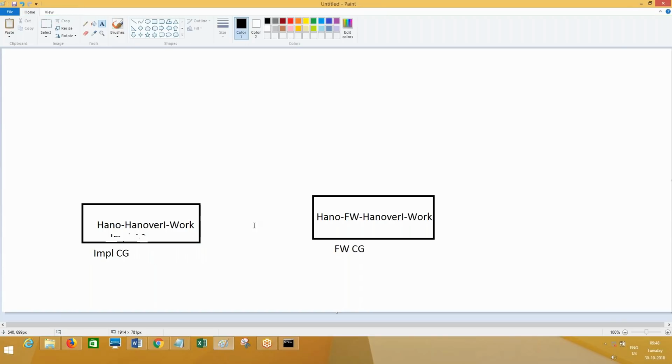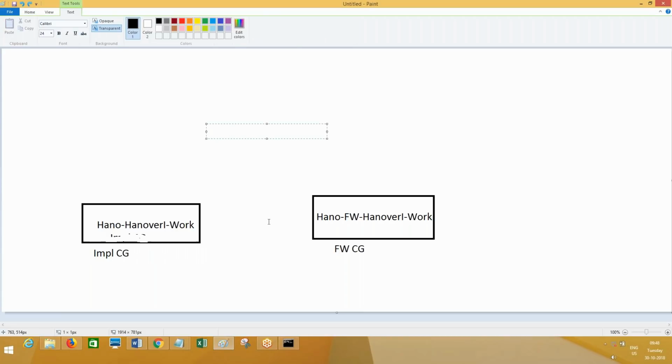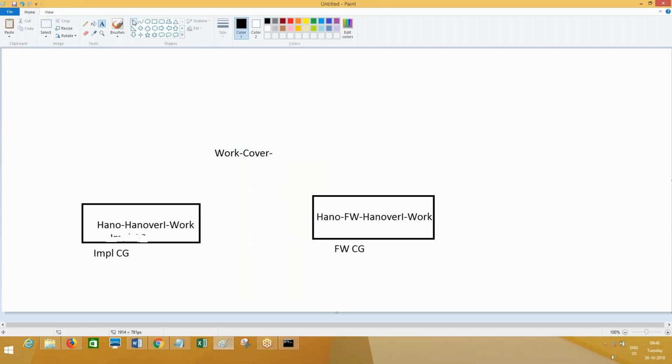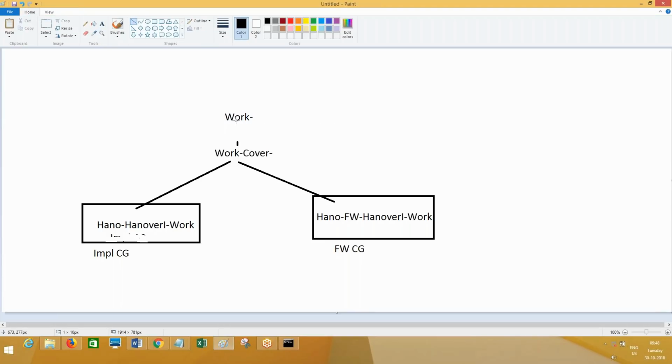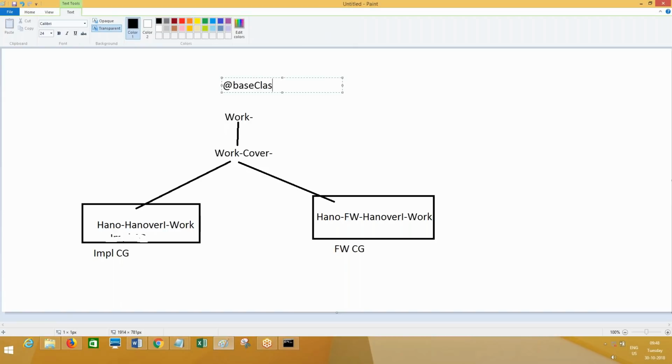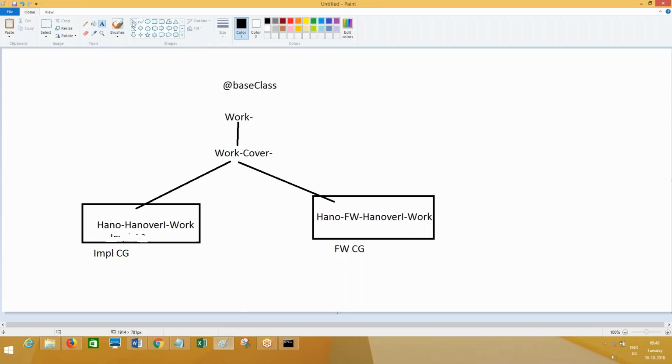This is how it is created. What is the parent class of these 2 classes? Work dash. Here you go. Work dash cover dash, right? Now the parent class of these 2 is work dash cover dash, and each of these have its own pattern inheritance. Now next parent class of work dash cover dash is work dash. If you want to open and see, you can open and see. And what is the parent class of work dash? You need to tell me. Base class. This is the structure. @base class is the top level class. Now this is how it is created by default when we create the application.